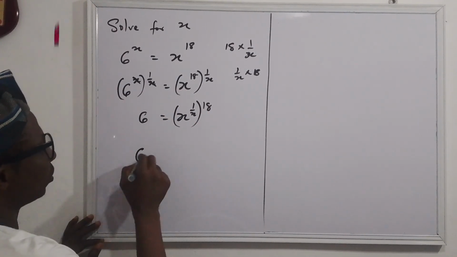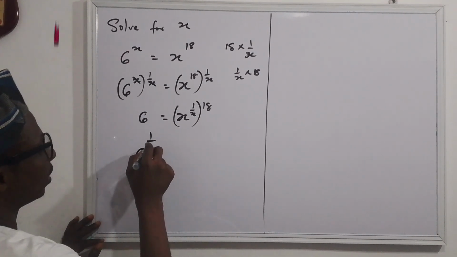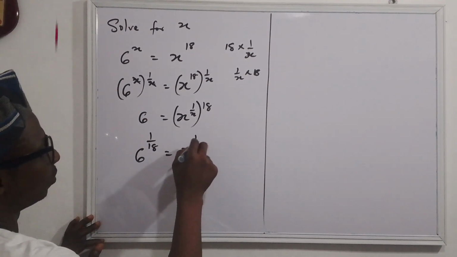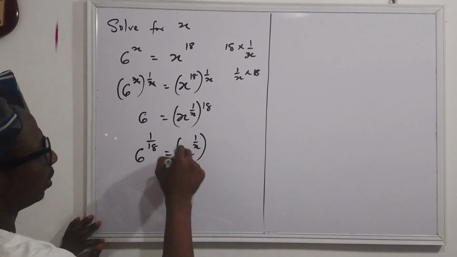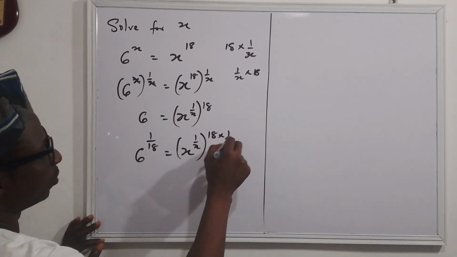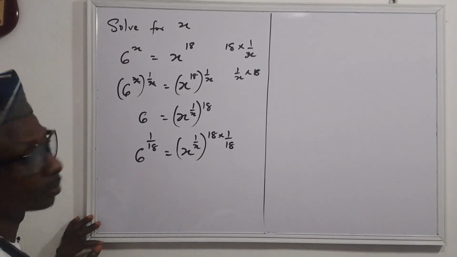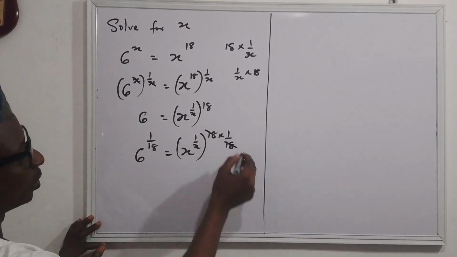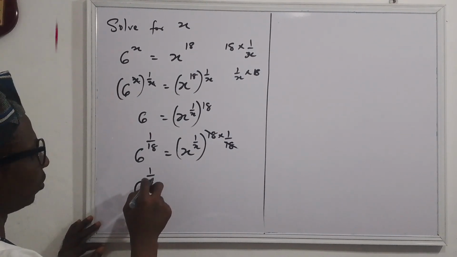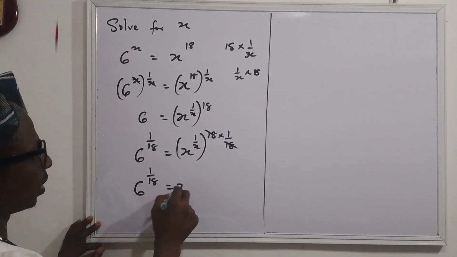We have 6 raised to the power of 1 over 18 equals x raised to the power of 1 over x, raised to the power of 1 over 18 times 1 over 18. Okay, so this, we cancel this out. So we have 6 raised to the power of 1 over 18 equals x raised to the power of